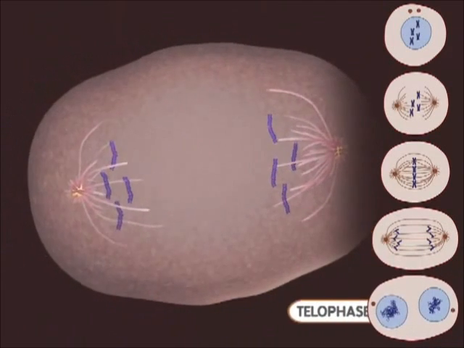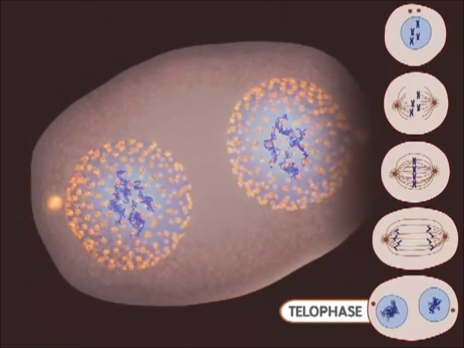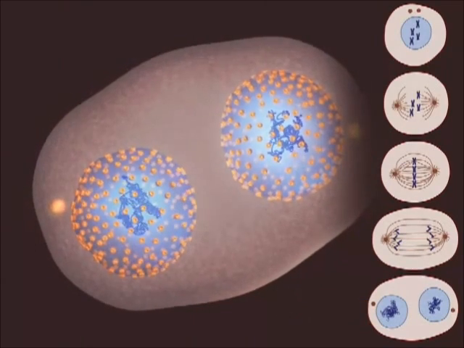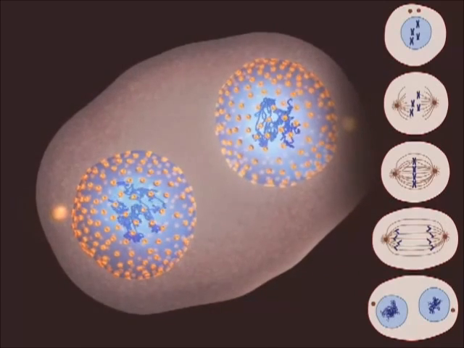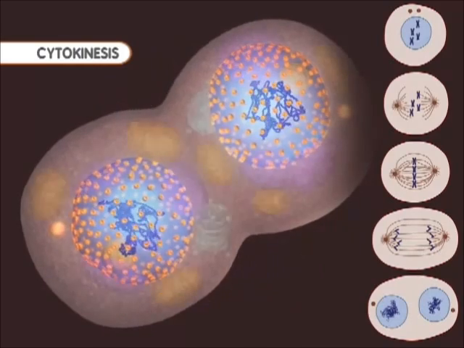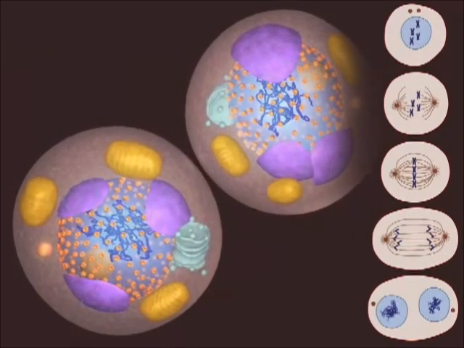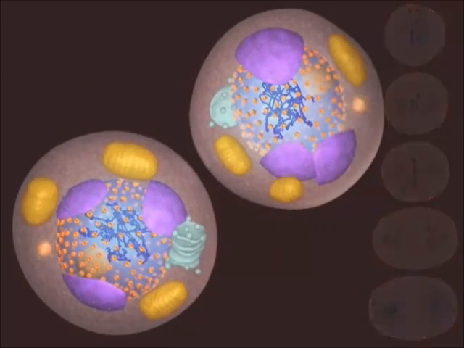The telophase stage is marked by the appearance of new nuclear membranes. This is the end of mitosis. Finally, the splitting of the cell occurs during cytokinesis. The 2 new cells are now ready to grow and perform